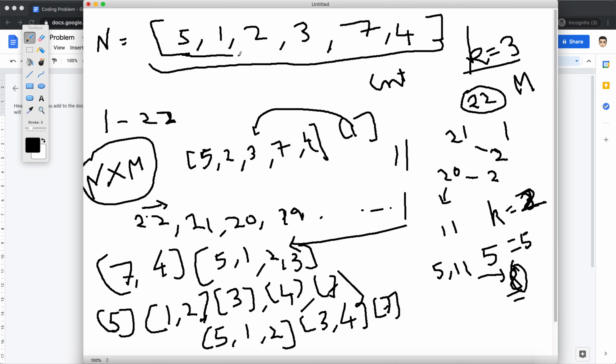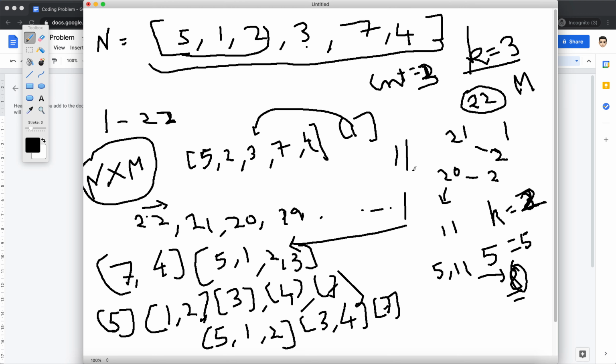So when I add these 3, I increment the count from 0 to 1, and then I have 3, and adding 7 wouldn't help, so I move ahead, and then 4, so it's 2, and then we have the element left as 7, so we have count 3.